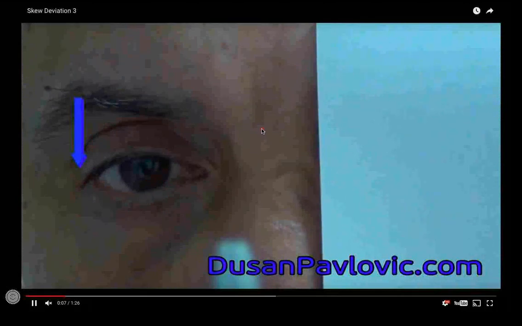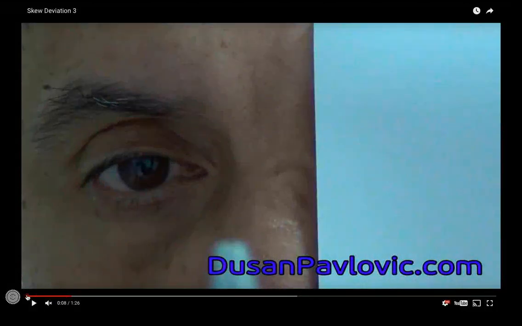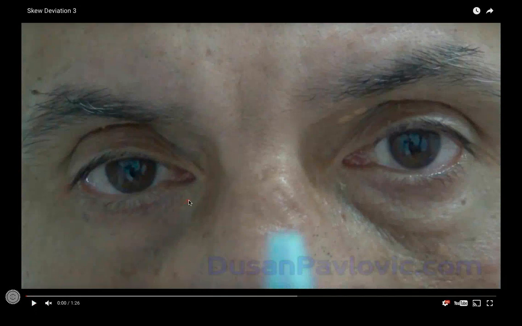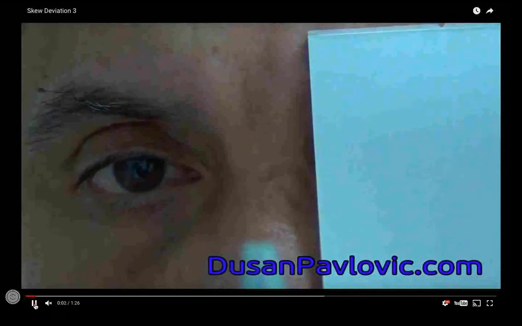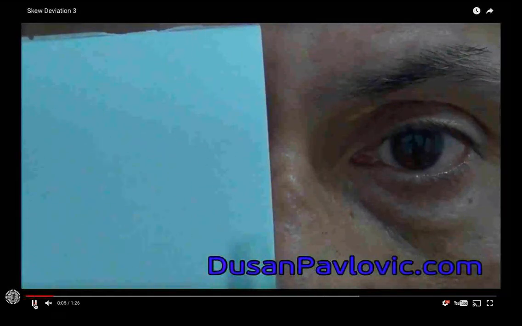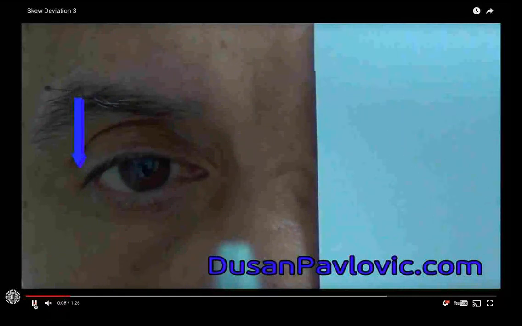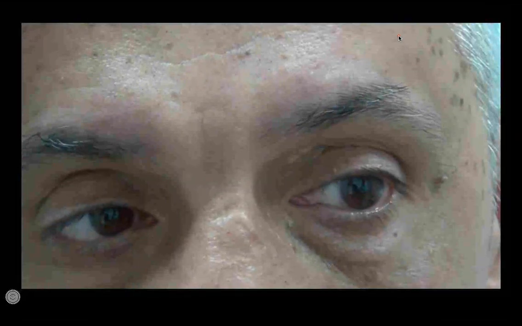This is another interesting presentation here. Once again, we can see that the ocular alignment is skewed. We've got an elevation of the left eye here, and a depression of the right. And of course, we don't know exactly which one it is. Let's go ahead and just run this here. And basically, this is called a cover-uncover test. And what we're looking for is to identify